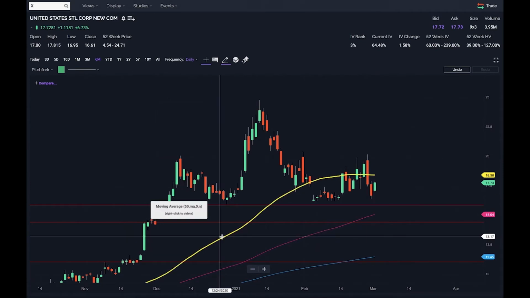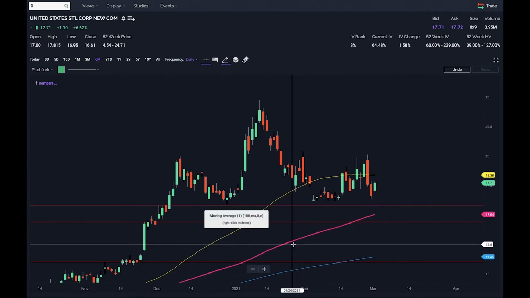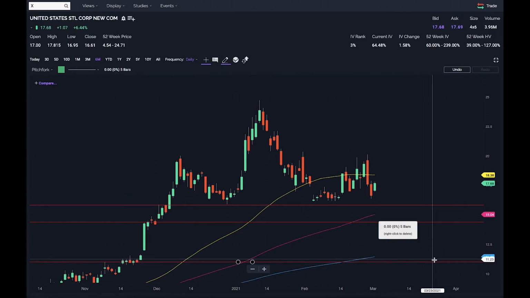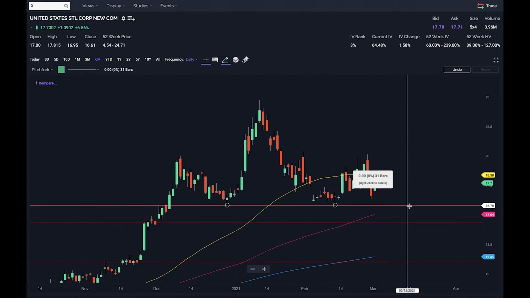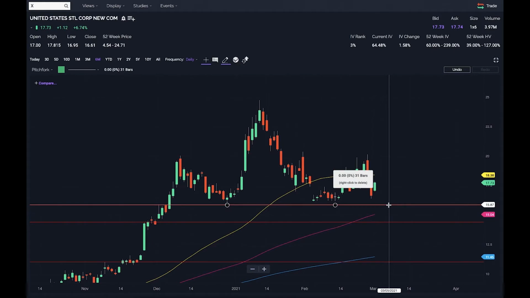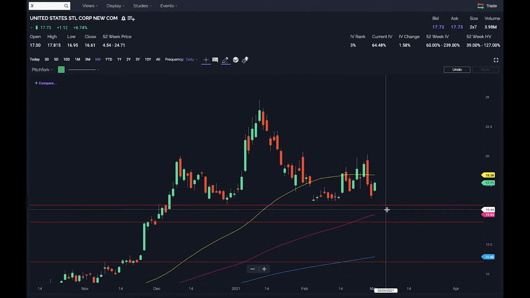Our yellow line is the 50-day moving average, our pink line is the 100-day moving average, and the blue line is the 200-day moving average. As far as these red horizontal lines are concerned, we just have lines of support. We have the first one at about 15.80, second one at about 14.50, and the third one at about $11. So this first one at about 15.80, we're trading about 10% off of that, which is a pretty